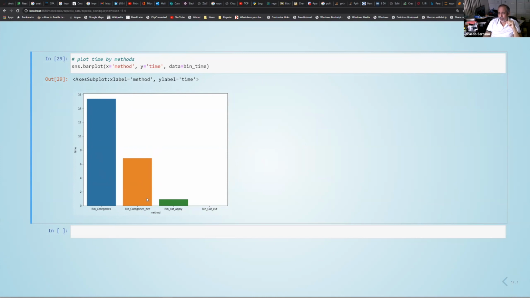Then we get the iterrows, we get the apply, and then we get the bin cat, which is the cut function applied to the categories. And you don't even see a bar there, because the value is so small in the execution that it is almost negligible. Okay, so that's what I have for data binning.